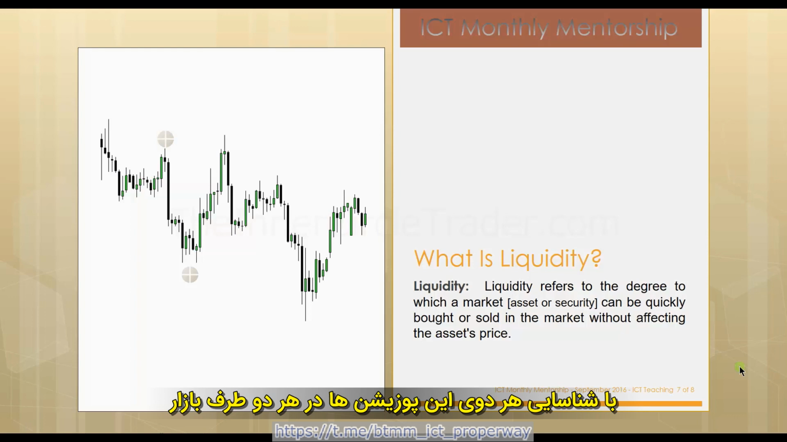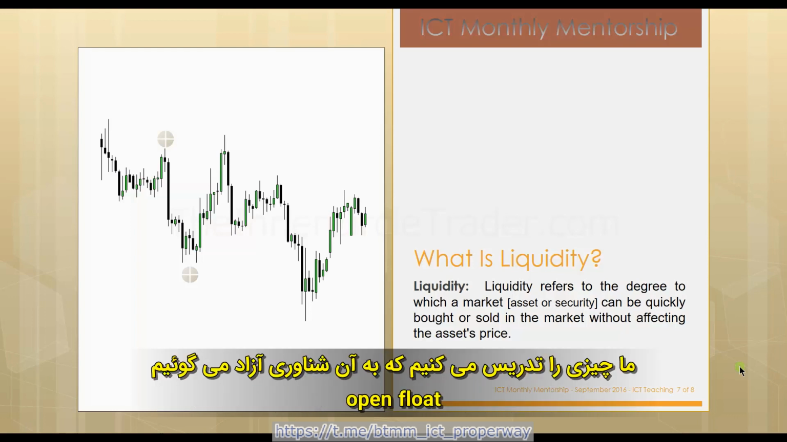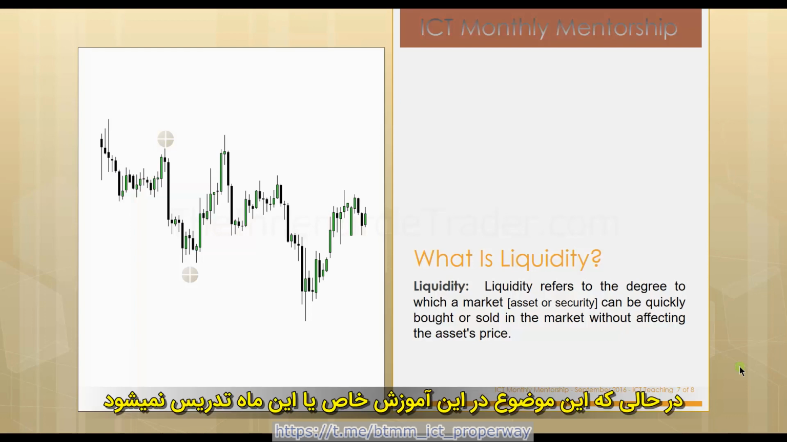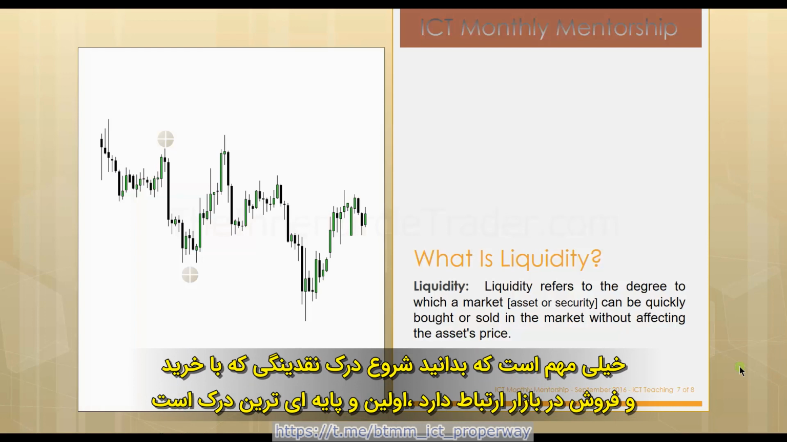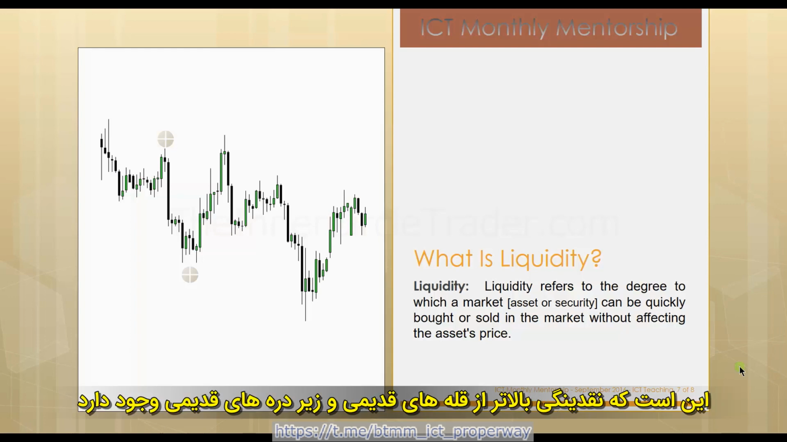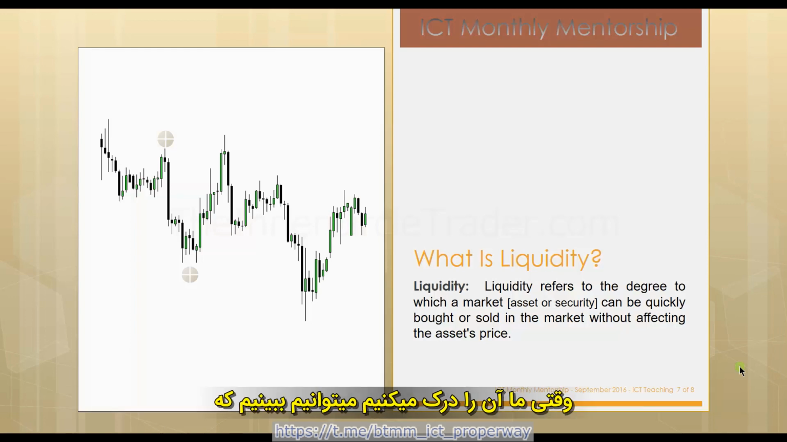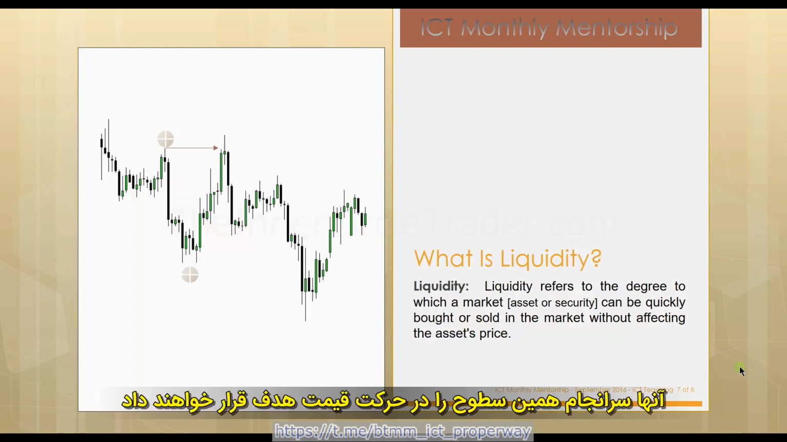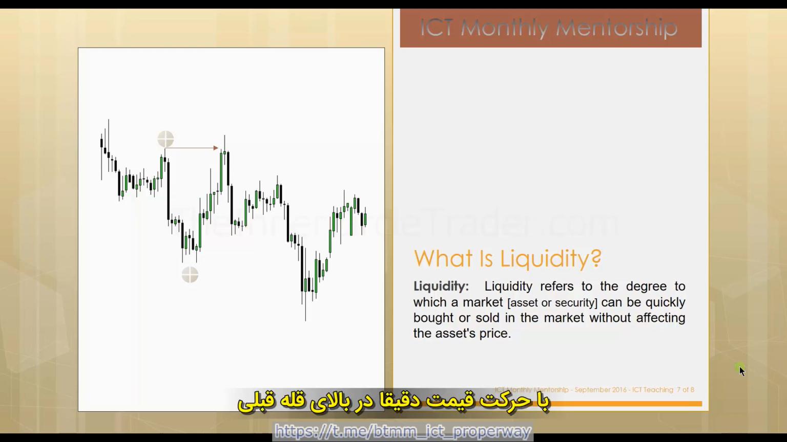Identifying both of these positions on both sides of the marketplace, we're going to teach a concept called open float. While that's not going to be covered in this specific tutorial or this month of training, it's important you understand the beginning foundations to understanding liquidity as it relates to buying and selling in the marketplace. Our first fundamental understanding is that there's going to be liquidity above old highs and below old lows. When we understand that, we can see that they will eventually target these same levels, moving price just above a previous high,